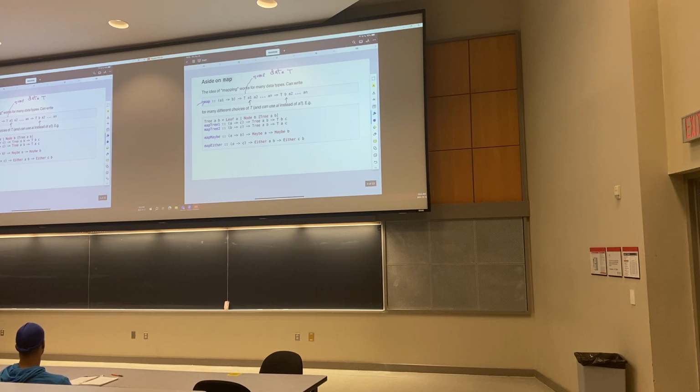Anybody like to see a definition of any of these just to make it concrete? Let's see. Okay, one head nodding and no heads shaking. So let me just do this tree one here. Map tree one, so just do a standard definition by recursion. So map tree,